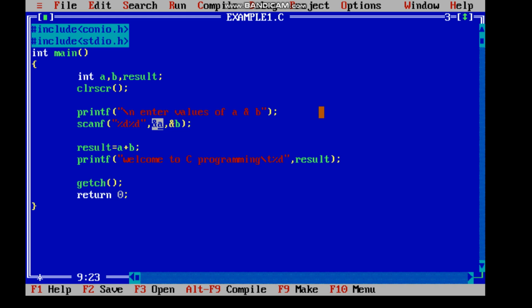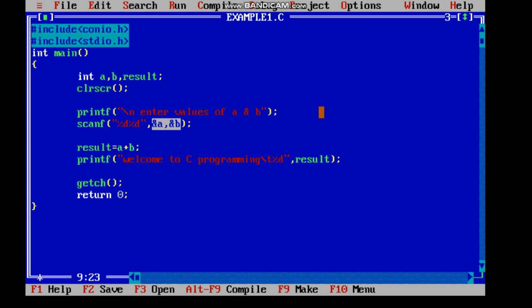In C programming, you have to specify the memory location. You are taking the input, you have to store that input into the memory location. So it can be specified by using this ampersand symbol. So you have to use this ampersand symbol. It is also called the address operator. When we see the pointers, we will see what the address operator is. So it is called ampersand a, not and a, ampersand a and ampersand b.